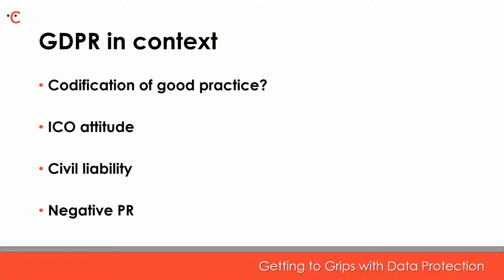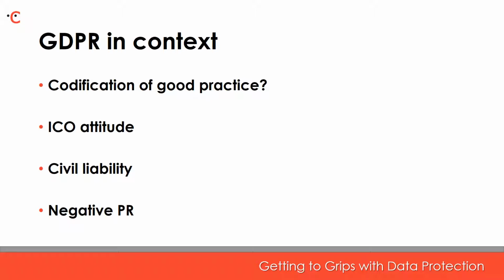There's a useful Mythbuster section on the ICO's website, and I suggest that anyone who has particular concerns about GDPR have a look at this. I'll quote, for example, myth number 1. The biggest threat to organisations from the GDPR is massive fines. And the answer to that is that the law is not about fines, it's about putting the consumer and citizen first. So in short, the ICO is much more concerned about protecting consumers and helping businesses comply with the GDPR than seeking high-profile prosecutions.